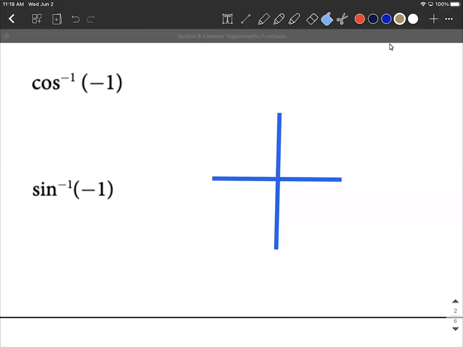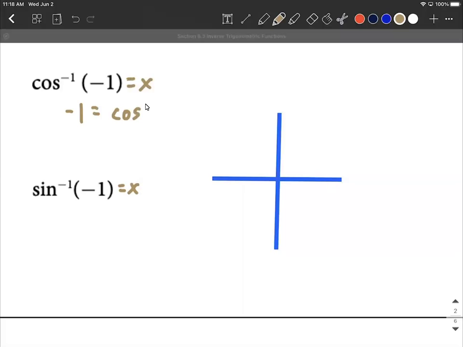Okay, trying to evaluate cosine inverse and sine inverse of either zeros, ones, or negative ones. I always take this exact same approach on each one of these. The first thing I may do is just rewrite this in terms of cosine and sine without the inverse. So what we could do is set it equal to a dummy variable, and really the same in both these cases, and rewrite this. So instead of cosine inverse of -1 equals x, I would rewrite this as -1 equals